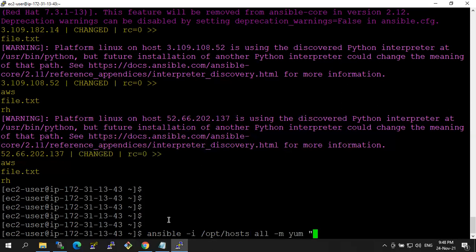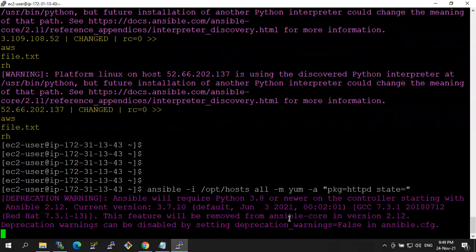For that, after giving the module name, you need to give the argument hyphen a. The format is pkg, nothing but package. Package is equal to, for example, httpd, and followed by state. Just giving the state,